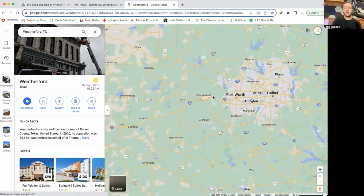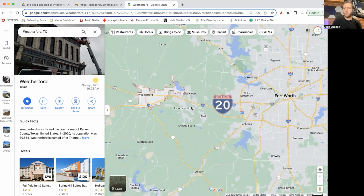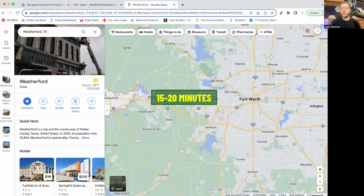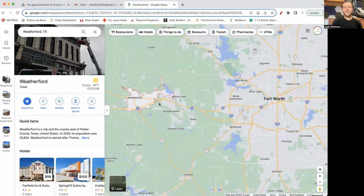So looking at Weatherford, look how close it is to Fort Worth. And you have I-20, which is a primary interstate road for traveling through Fort Worth, running directly through Weatherford. So if you go from Fort Worth to Weatherford, you're looking at about 15 to 20 minutes travel time. So relatively close. I mean, some of these areas that are suburban cities of Fort Worth take 15 minutes to get into Fort Worth. So that's why some people consider Weatherford to be like a suburban city of Fort Worth, because it's the first major city along that I-20 corridor,